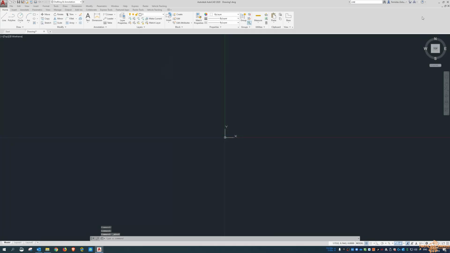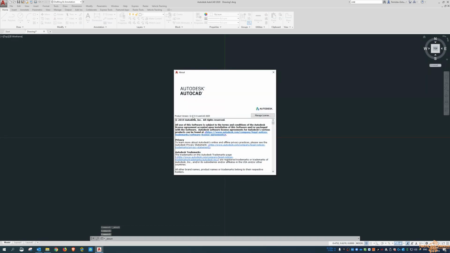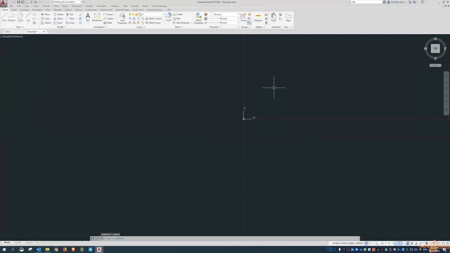So if someone asks you what version of AutoCAD you have, you can come up here and click on About AutoCAD 2020, and it'll tell you the proper version here. There hasn't been a hotfix issued for this yet, so we're still at base 2020. When a hotfix does come out, it might be 2020.1 and all of that kind of stuff there as well. So that's all we're doing today for the introduction to AutoCAD,